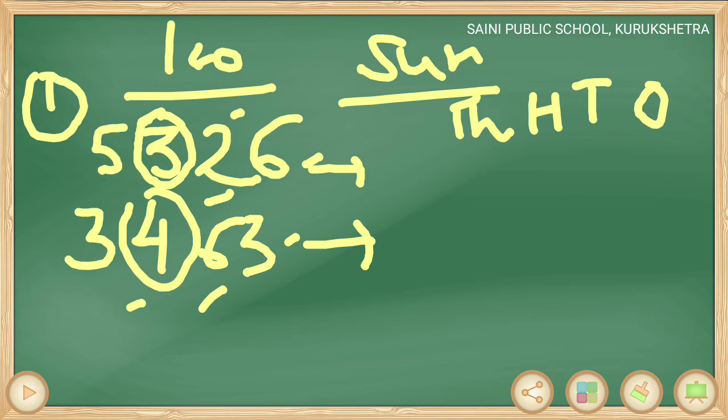If these digits are greater than or equal to 5, then we will add 1 to the rounding off place. If it is less than 5, then there will be no change at rounding off place. In this example, here is 2 on right side of 3 which is less than 5. So 3 will remain unchanged. So I will write here 3. Now in 3463, here is 6 on right side of 4 which is greater than 5. So 4 will increase by 1 and it will become 5. So I will write here 5.